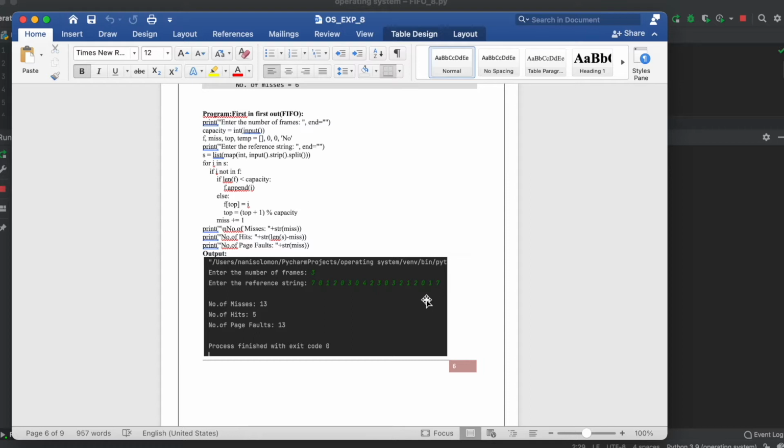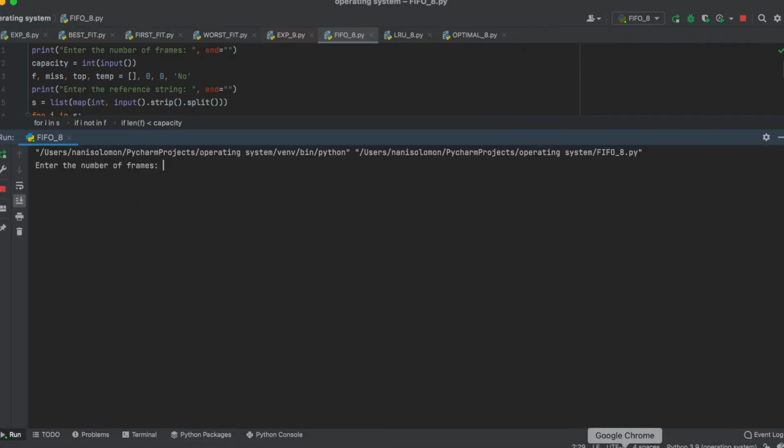Okay, now let's go to PyCharm. I'll give the frame size as 3. Now let me give the string as 7 0 1 2 0 3 0 4 2 3 0 3 2 1 2 0 1 7.